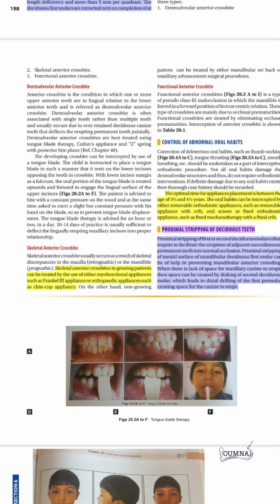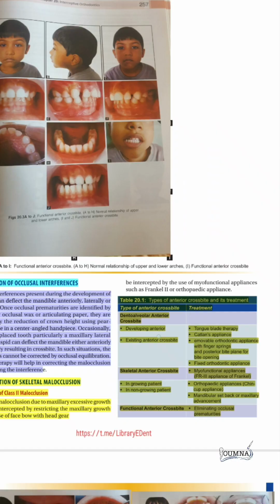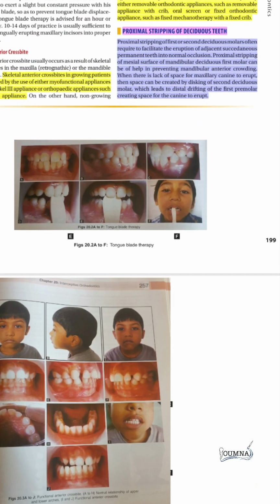Now let's talk about the interception of crossbite. Crossbites have three types. They can be dentoalveolar, which means that they are confined with the tooth, or they can be skeletal, or they can be functional. If they are only confined with one tooth or some, the crossbite can be